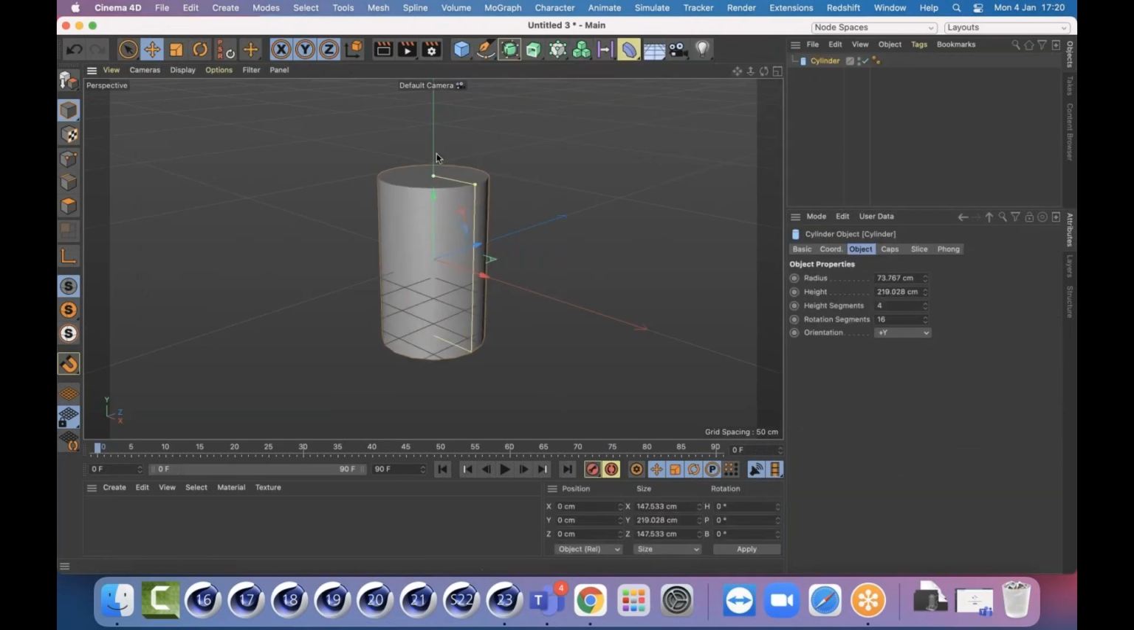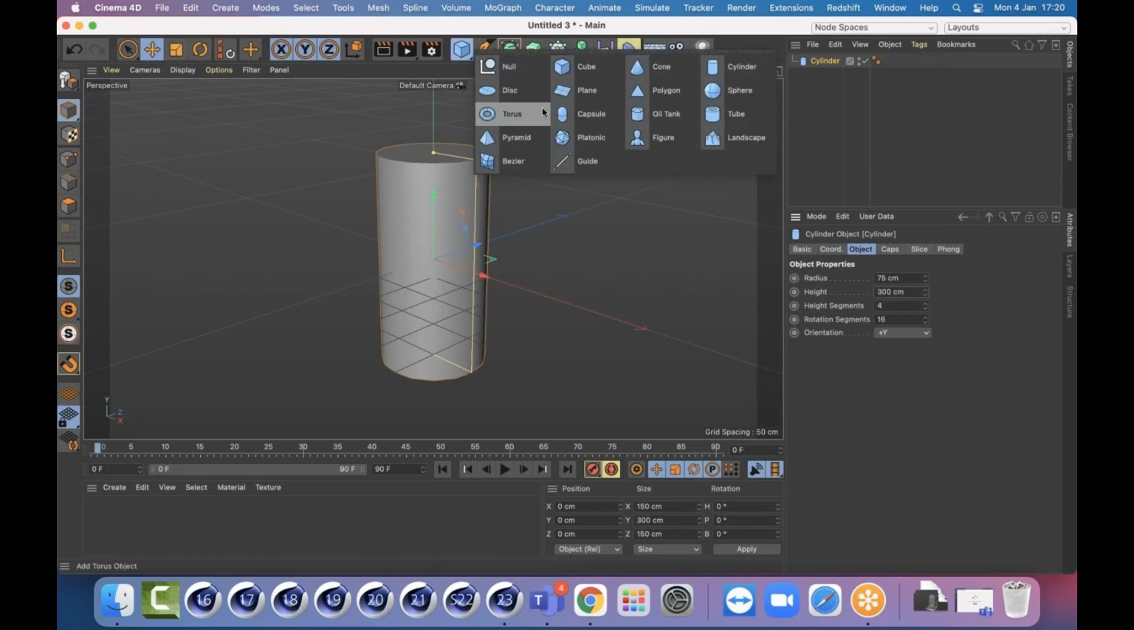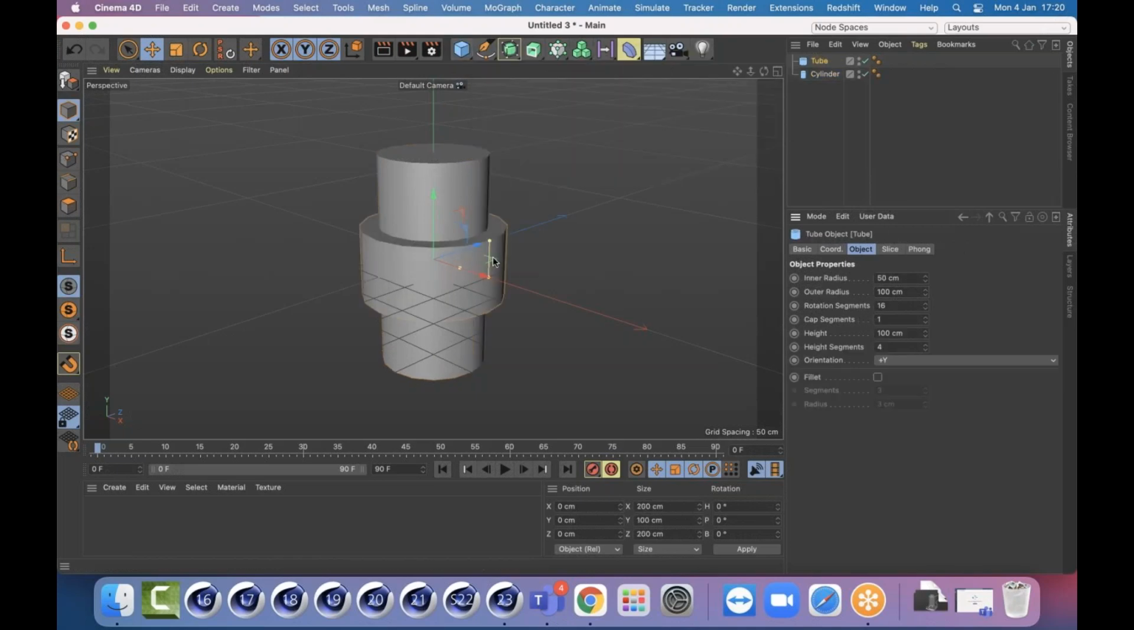Funnily enough, this cylinder will largely just be used as the glass part, and I'm just going to roughly guess its proportions there. And then, to be honest, it was really easy. What I did was I would just create things like tubes, and work on the thickness. And one thing that is good to be aware of is the number of rotational segments for things like this,